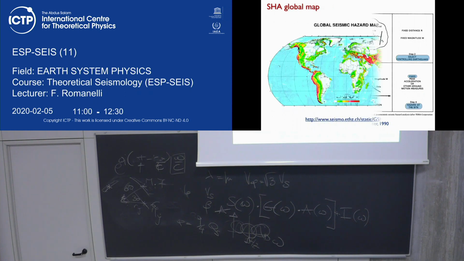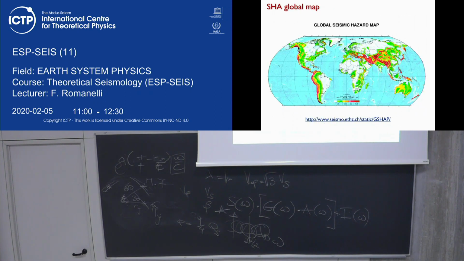Yes. Okay, very good. Also, the previous slide is coming from an old book, and this map is coming from an old project that was the first project to compute seismic hazard at a global scale. It's called GSHAP. G stands for global. Nowadays it has been overcome. But some principles are still there. And I want to show to you one thing. Because actually in 20 years, still one message, and I don't like that message, is still there.